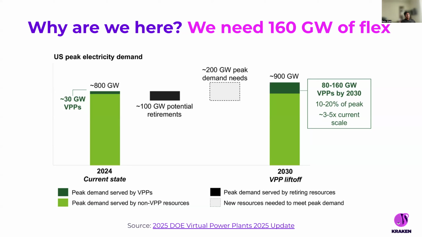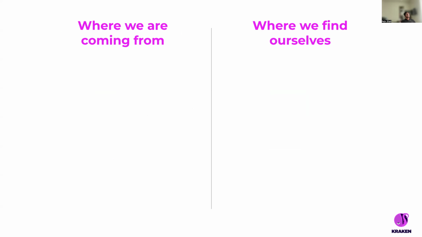The Liftoff report, actually the 2025 update that was referenced earlier, has identified, to address the growth in demand and the expected retirements, the potential for DERs enrolled in VPPs to be providing 80 to 160 gigawatts of the expected 2030 peak demand needs at a bulk system level. And in order to get there, I think we have to do better than